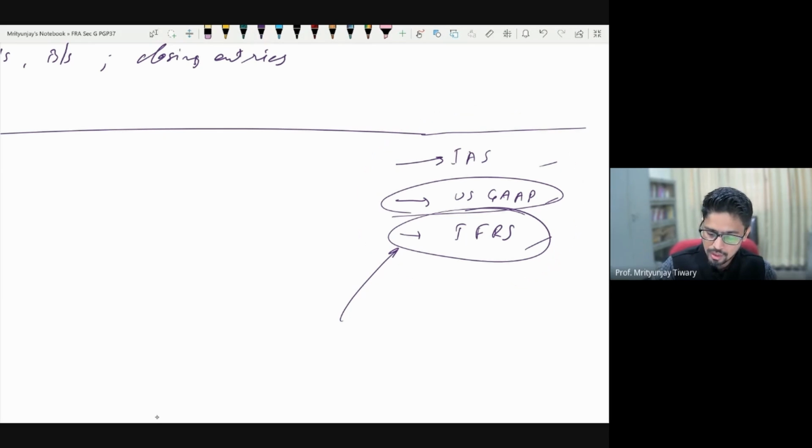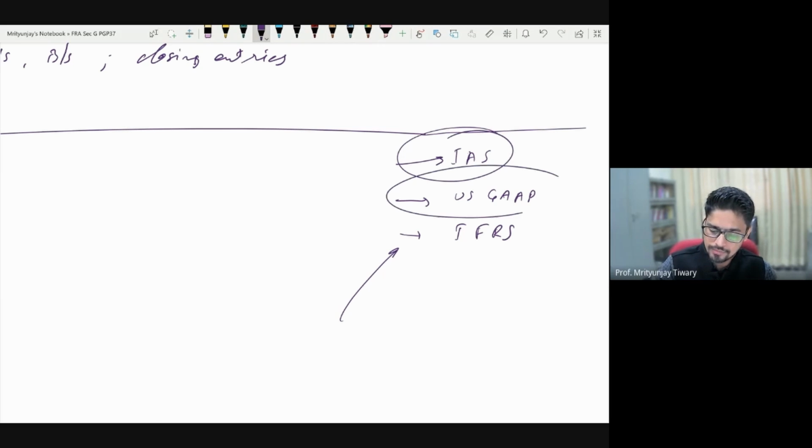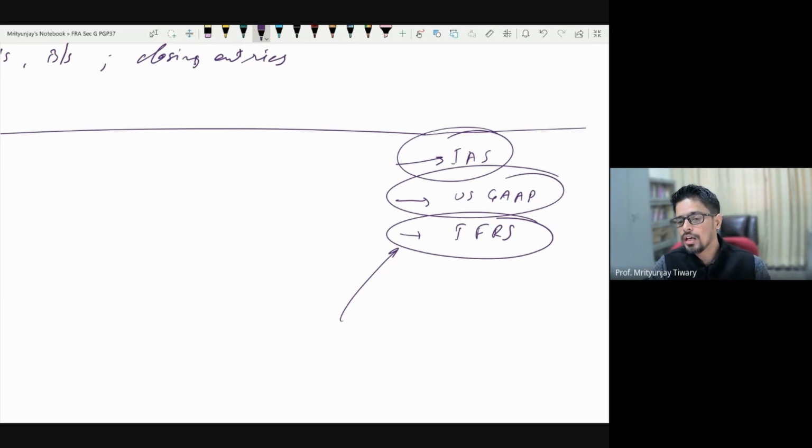The RNS book will also help you at this juncture. Some of the rule aspects of the concepts are very specifically mentioned there, but a very important caution: don't do it, at least in the first half. Before the midterm, don't do it, please. Why? Because rules are always daunting. Suddenly you see all the rules and you think, oh my god, accounting and financial statements are so difficult. No, it's not. It's just that different countries have prepared extensive, different rules. So don't get bogged down by the rules.